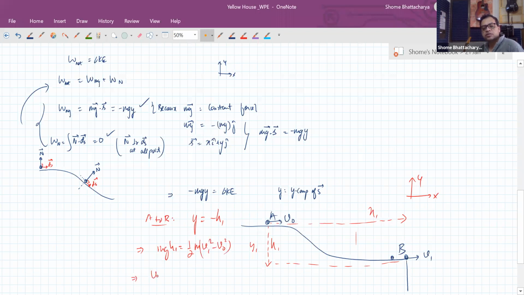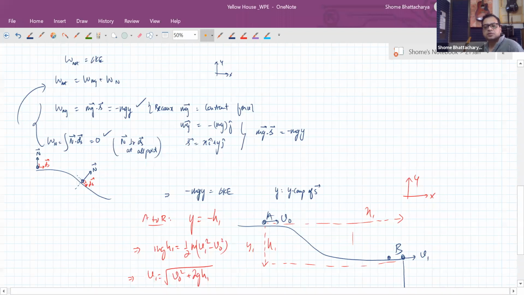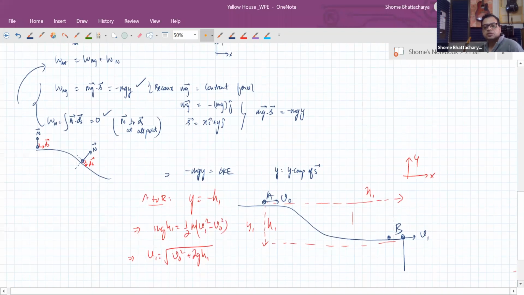So v1 will become square root of v0 square plus 2gh1, and now you can substitute the values. Now similarly, once you have got v1,